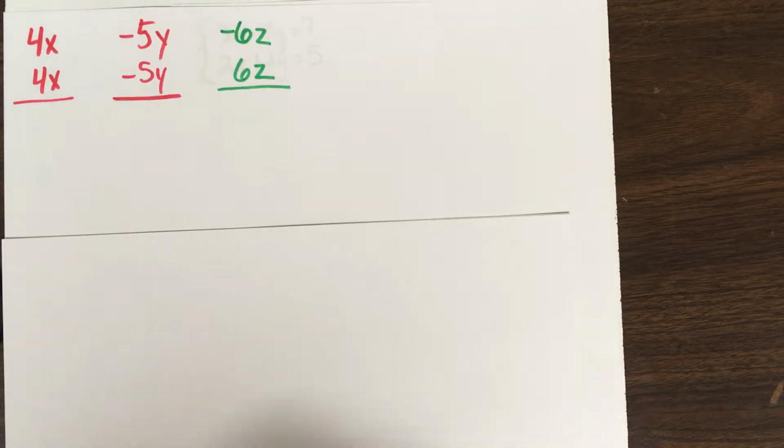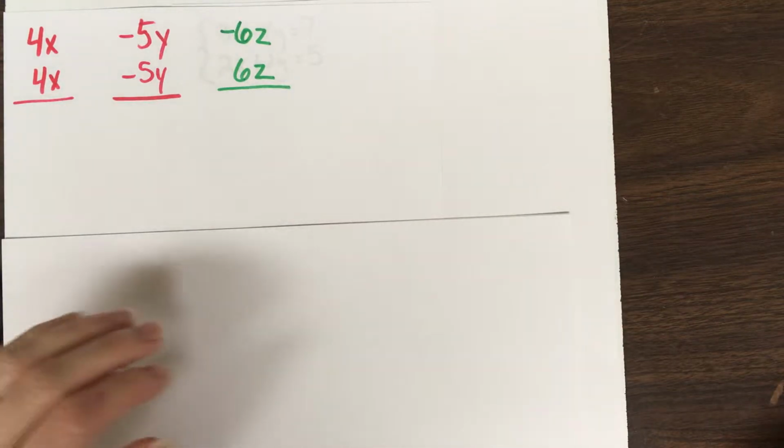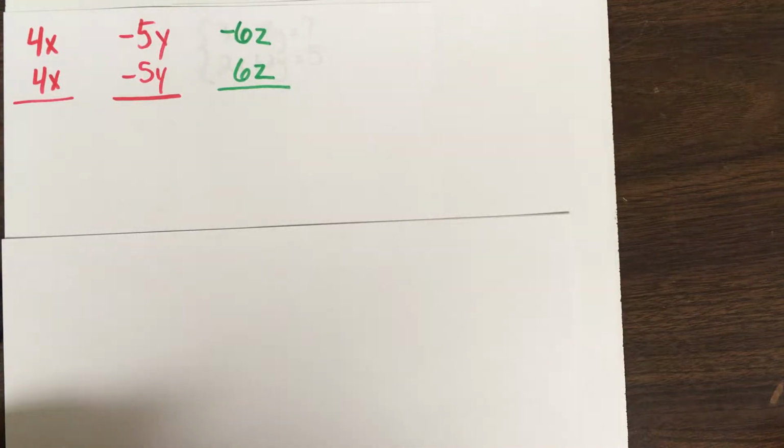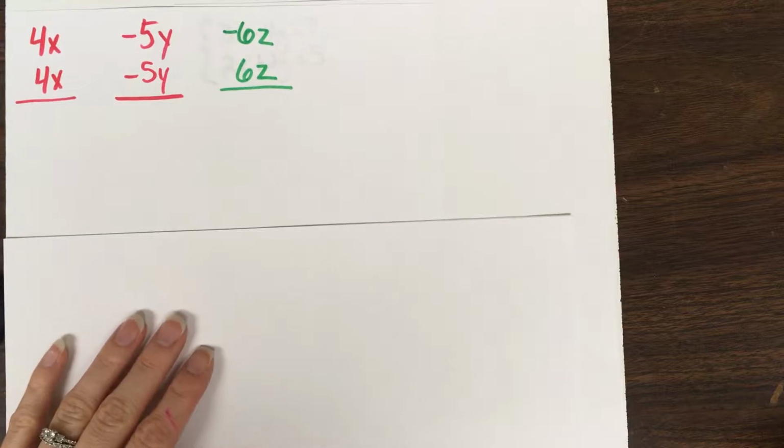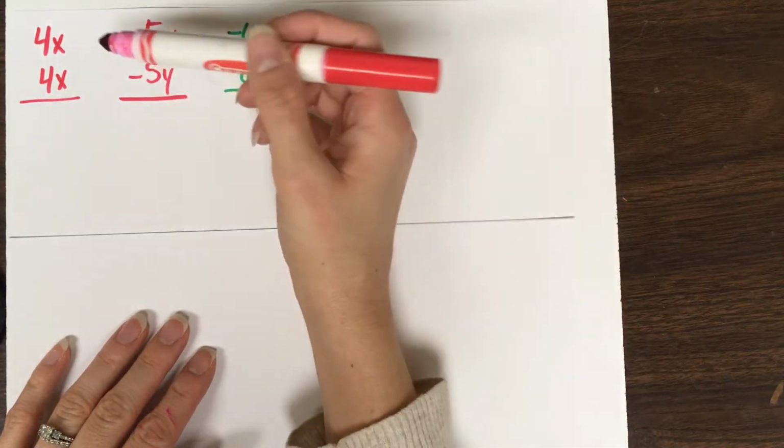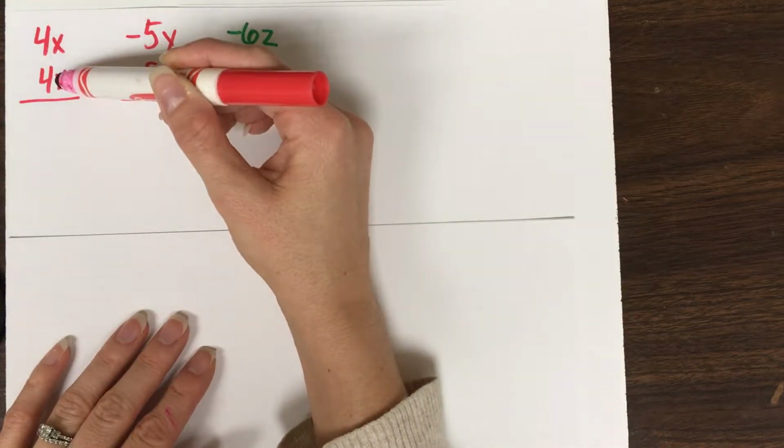We are going to look at how to solve a system of equations using the elimination method. When using the elimination method, you either add or subtract two equations together, and in that step, a variable will be eliminated. So to get us started with that thought process, if we were to look at 4x and 4x,